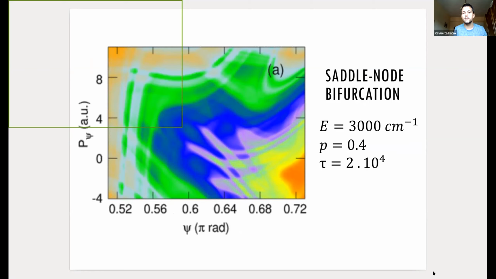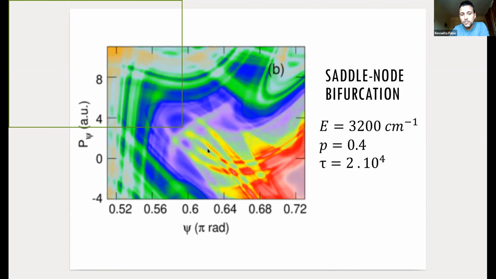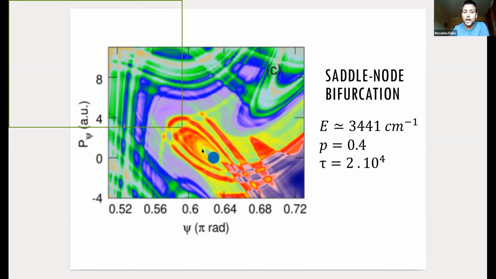Okay, the origin of this kind of bifurcation is, as you might know, that you've got some manifolds that become tangent. And with the Lagrangian descriptors, you can really see the situation very clearly. So this is a plot below the bifurcation energy. You can see here some lines. Those lines are the invariant manifolds that come from some other trajectories in phase space. When you increase the energy, these manifolds start to be closer, and then almost tangent. And when the bifurcation takes place, they become tangent. Then here appears a parabolic point, and that is where this marginally stable periodic orbit appears.